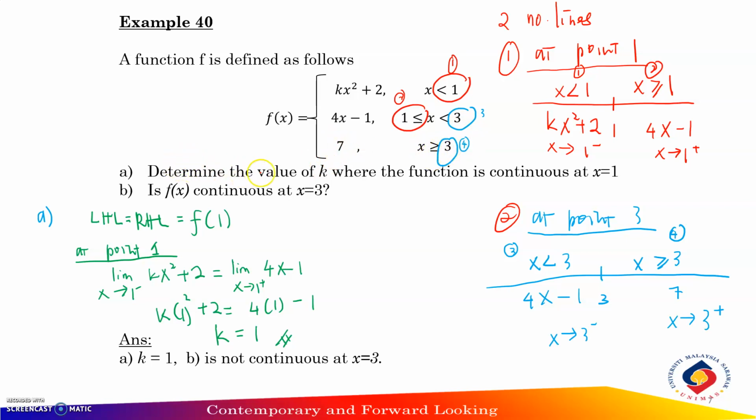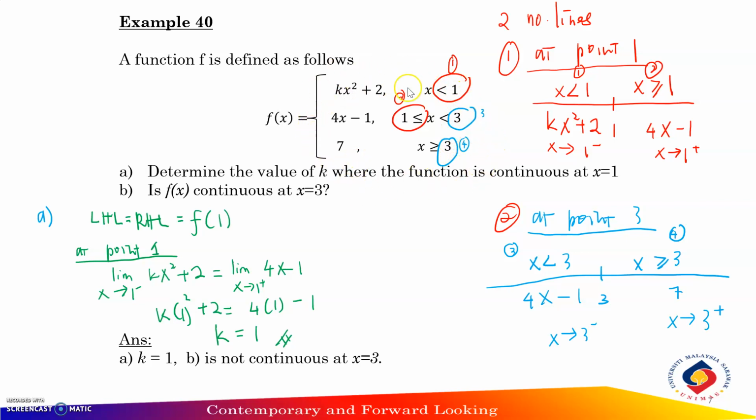So the question is: (a) determine the value of k where the function is continuous at x equals 1, and (b) is f(x) continuous at x equals 3? Now, you are given three expressions in one function: expression 1, expression 2 and expression 3. To solve this question, what we need to do is